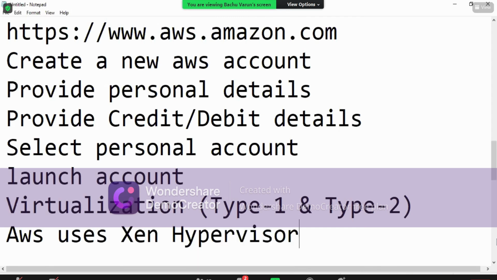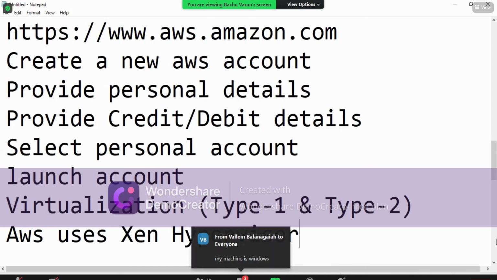Chandan has something. Chandan, you can send it if you have a video. It's not about installing Ubuntu. We require a Linux server. So I'd like you to download or understand about CentOS.